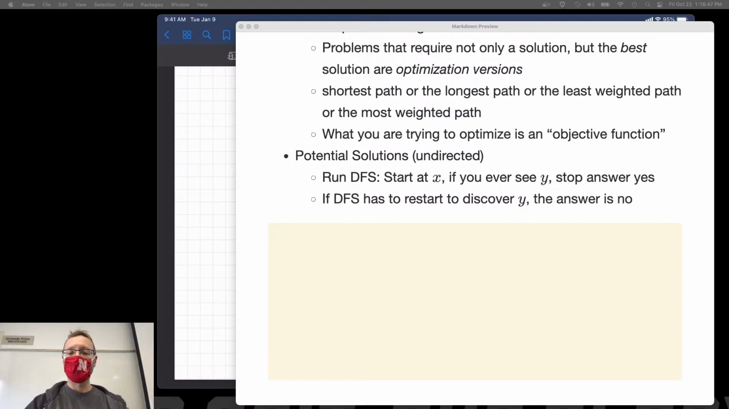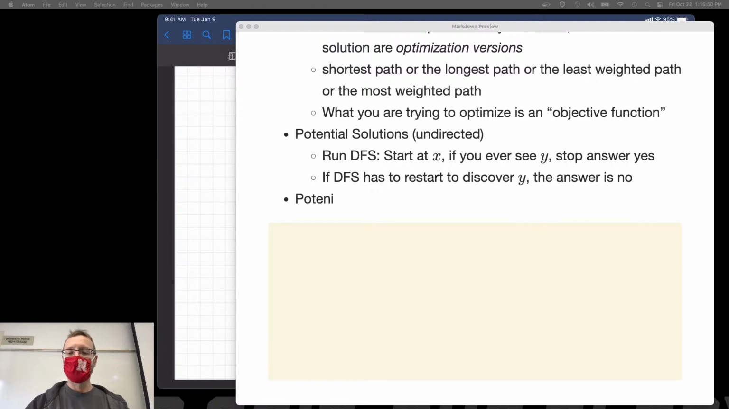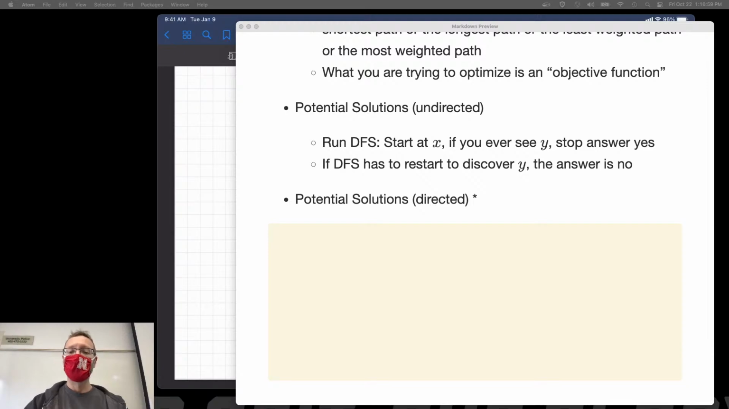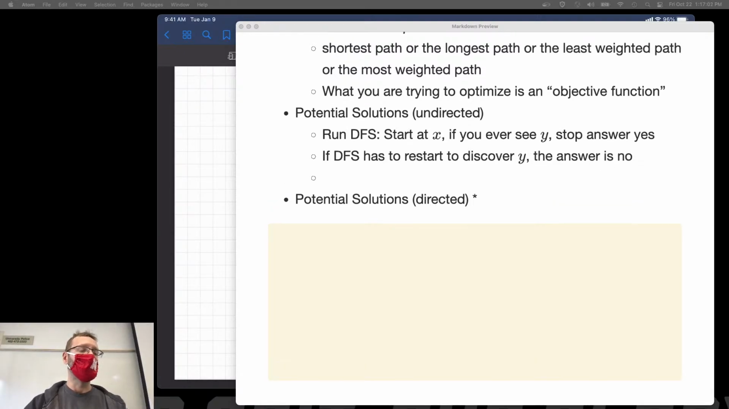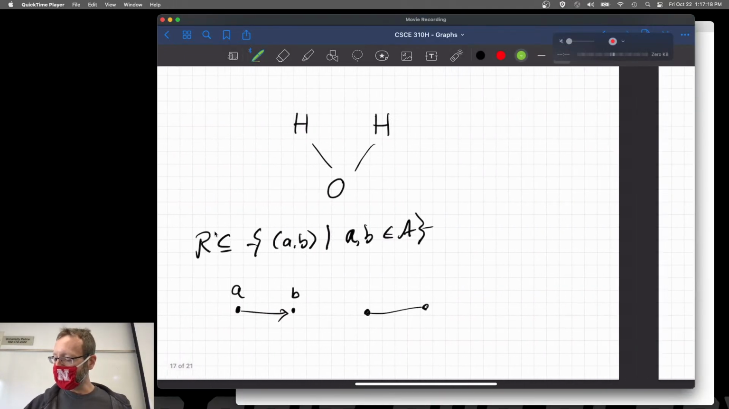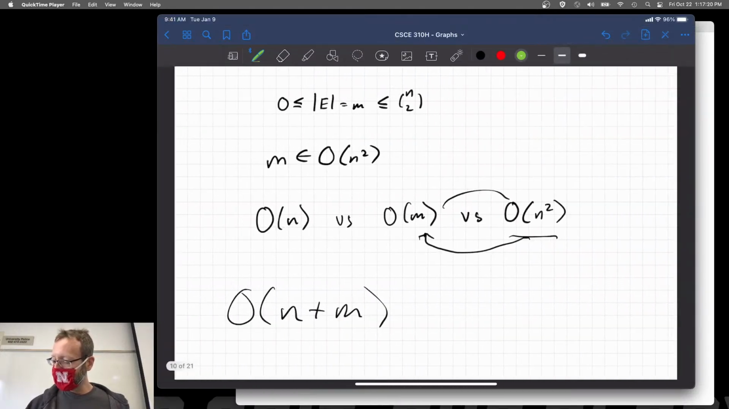What are potential solutions for the directed case? What's an alternative solution, by the way, for the undirected case? How could I do it with BFS? Same criteria. Exact same criteria. Potential solutions for directed, though. So remember that you build this DFS tree. That's way too far back now for me to jump all the way back, but